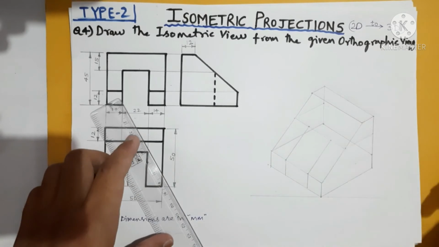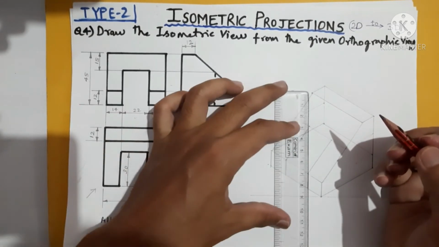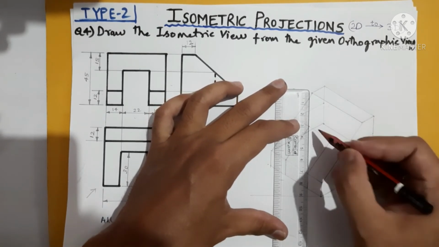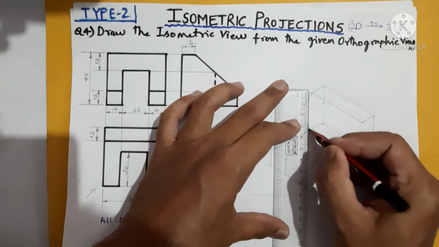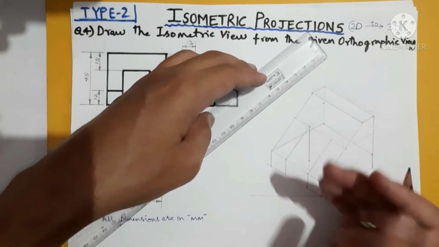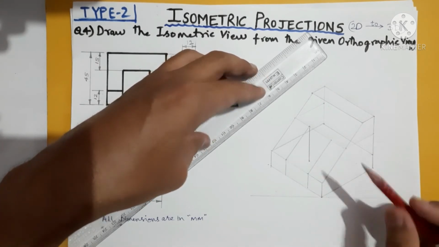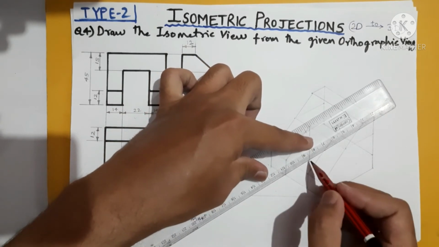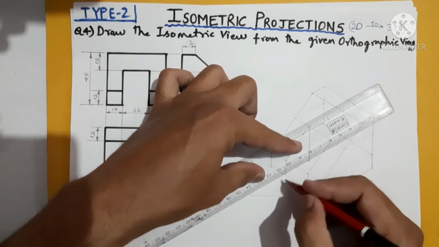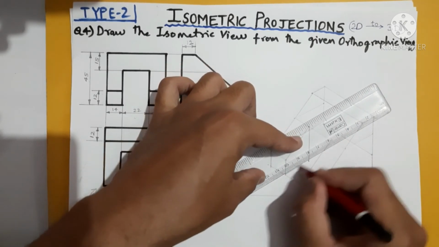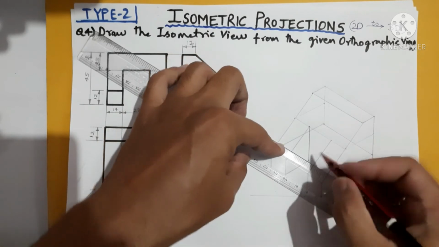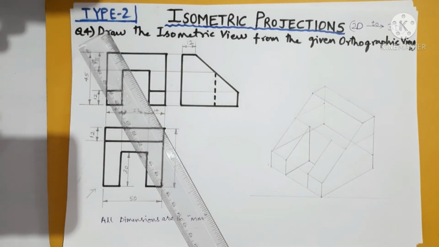So from this point, 30 mm vertically down you should go. It should be exactly straight vertical. So this is 30 mm down, and from this point parallel to this line you can take like this, and from this point parallel to this you can take in that way. So this will join with this ultimately, and here somewhat like this. So this is the way how we have constructed.